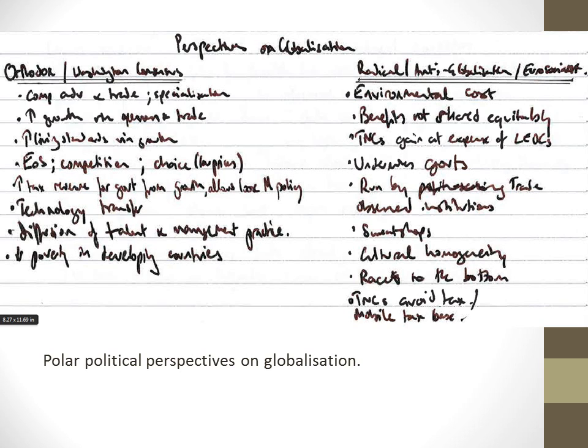Lower tax revenue that the government gets from higher growth through trade allows for a looser monetary policy in promoting investment. There's technology transfer thanks to globalisation, and we know technology is very important to growth. The diffusion of talent and management practice, human capital, technique, thanks to FDI, multinational corporations and so on, should further promote technology and human capital, growing the economy. And that ultimately there is less poverty, much less absolute poverty in developing countries, and that's largely because of openness